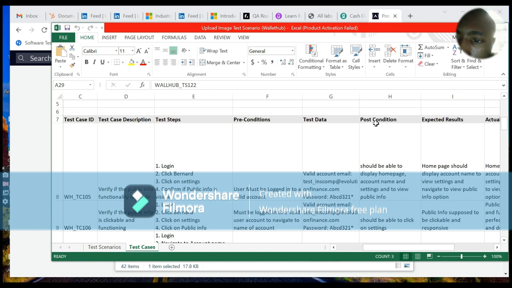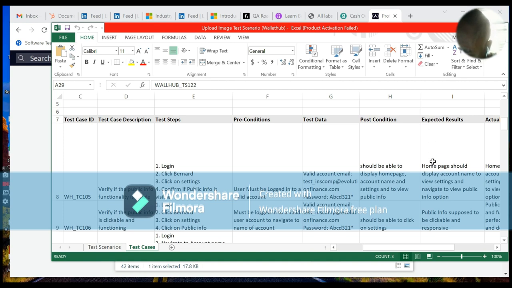Once you log in, you should be able to see that the website displays the home page, the account name, the settings, and the option to view public info. These are the things you have to consider when you immediately log in.